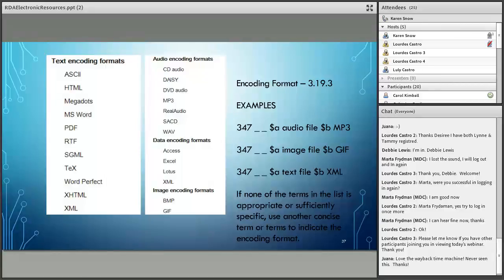Really the key in my mind is just being consistent, right? So if you don't want to use one of the terms in the list there at 319.3, then you want to be consistent in your usage.